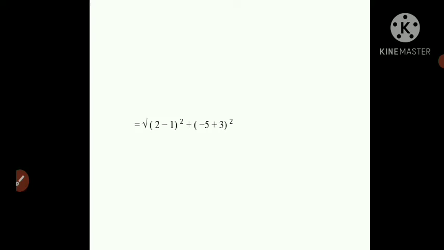Now you cannot add as the denominators are different, so I will do cross multiplication. 5 1s are 5 plus 3 2s are 6 upon 2 remains the same. So 5 plus 6 will be 11 upon 2 the whole square. So 11 upon 2 square, 11 square will be 121, 2 square will be 4. By taking the square root, what we get is 11 upon 2 units. That means the distance between RS is 11 upon 2 units.